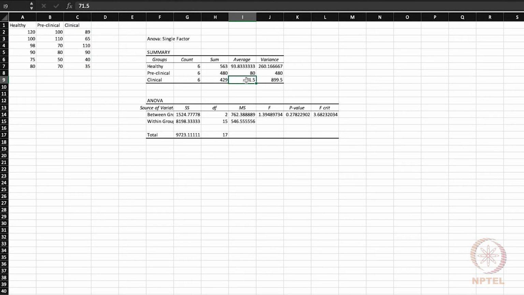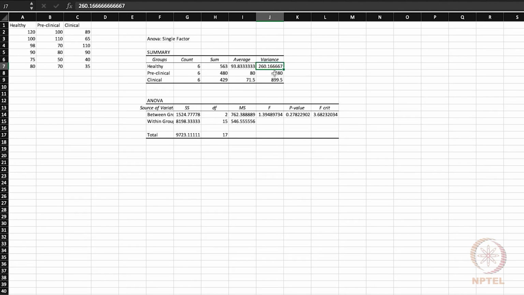If we look at the average values for these data sets, it seems that indeed the average value of the potassium levels in the healthy samples is significantly higher than that in the clinical samples, while the preclinical samples are somewhere in between. However, you would note that the variance here, which is again automatically calculated, is quite large in these samples.